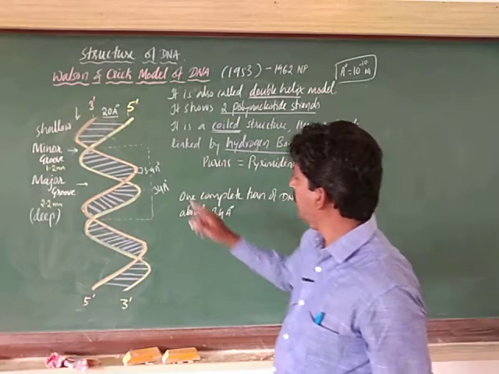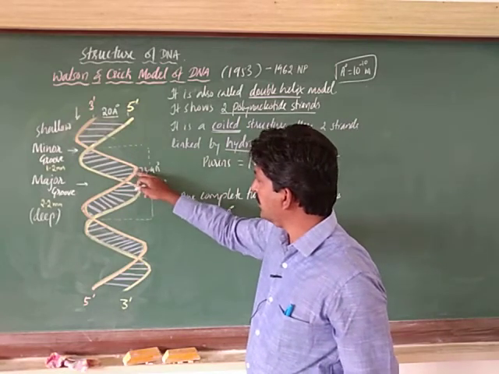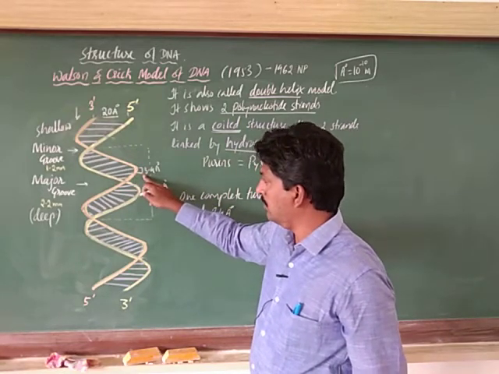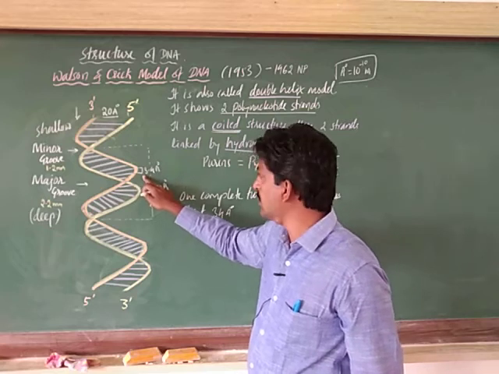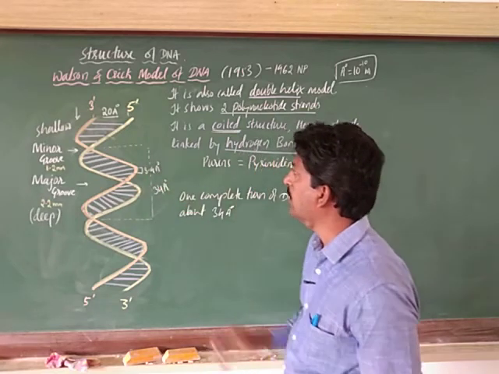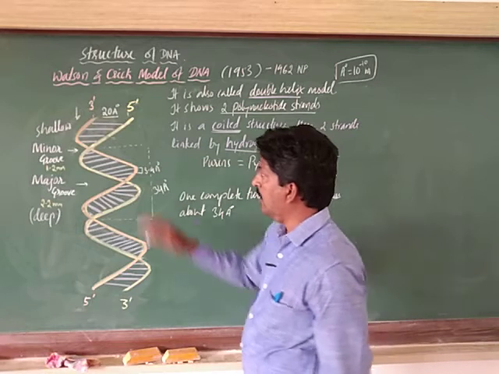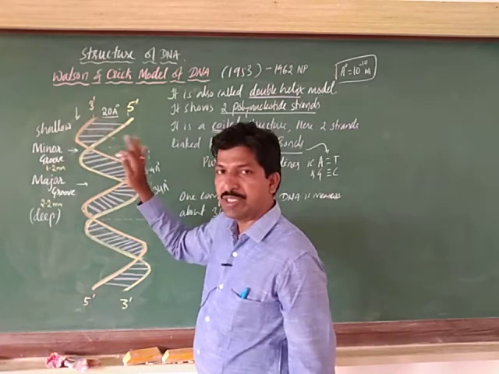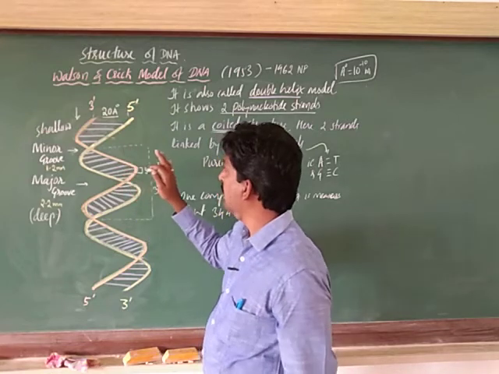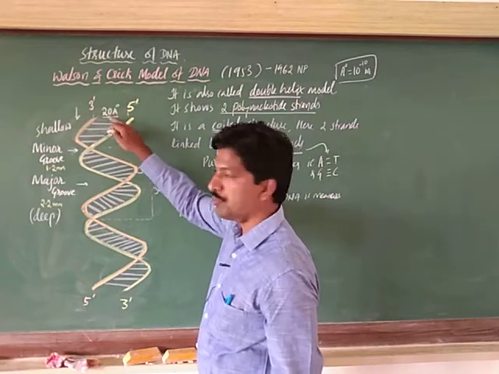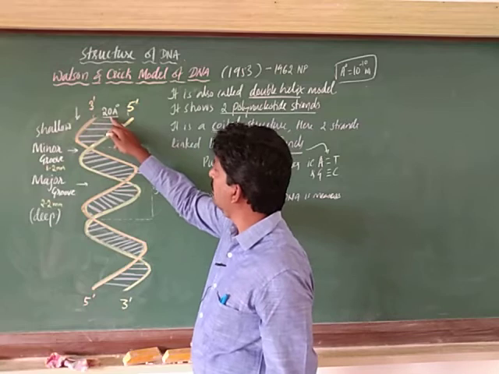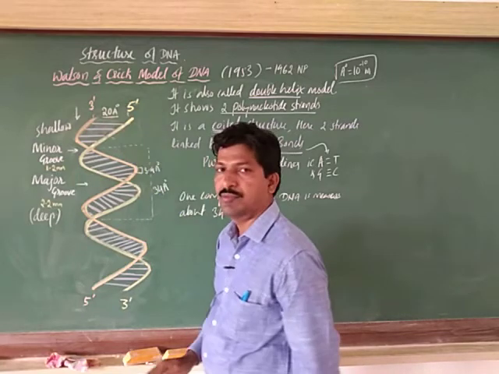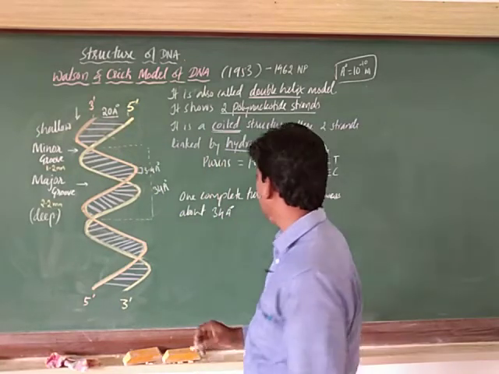Next, between two adjacent nitrogen bases there is a 3.4 angstrom distance. And see, in between the two polynucleotide strands there is the diameter. When you observe the diameter of this, there is 20 angstrom in it. Okay, so diameter